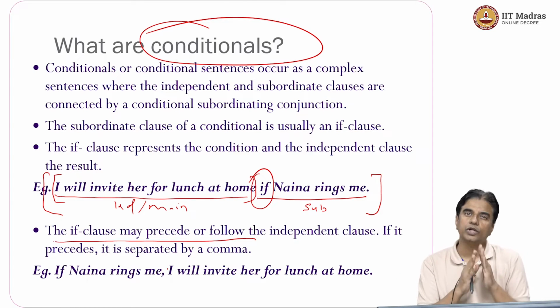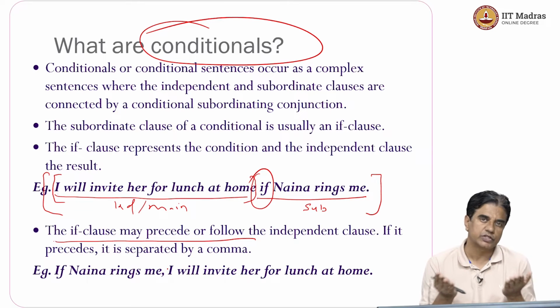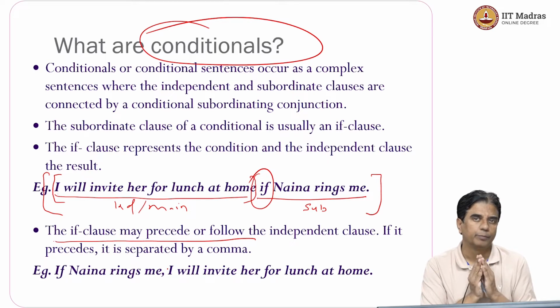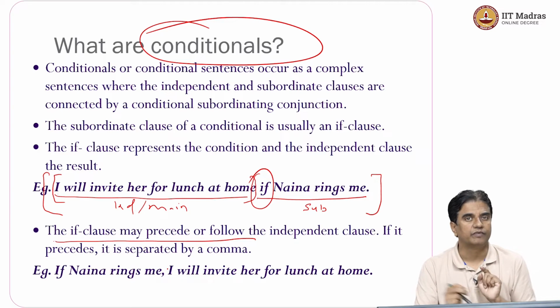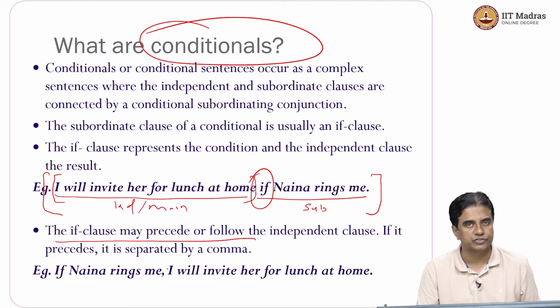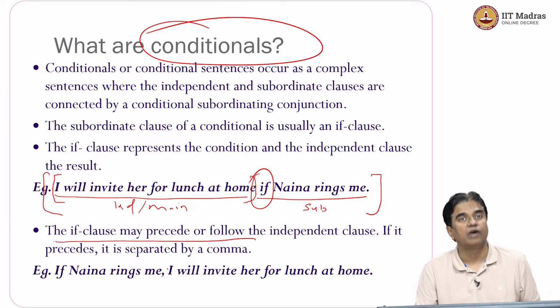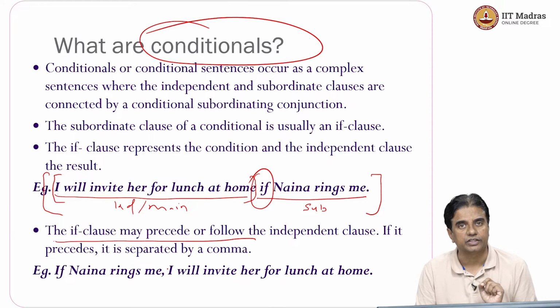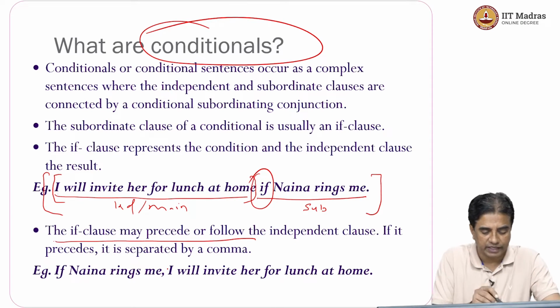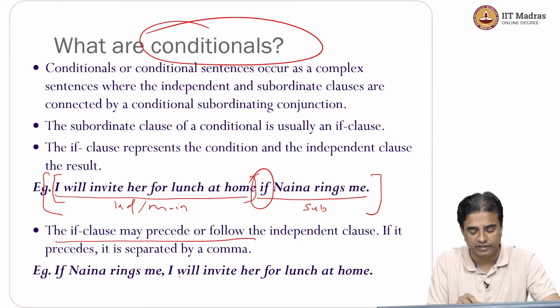That is, the order of a subordinate clause and a main clause is not fixed. You can put them in any order. However, this is the point we need to pay attention to. If the subordinate clause follows the main clause, we don't need a comma. However, if the subordinate clause precedes the main clause, then we need a comma at the end of the subordinate clause. Look at the sentence below. If Naina rings me, comma, I'll invite her